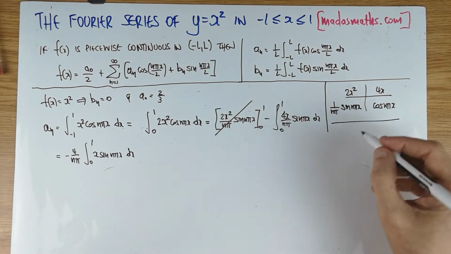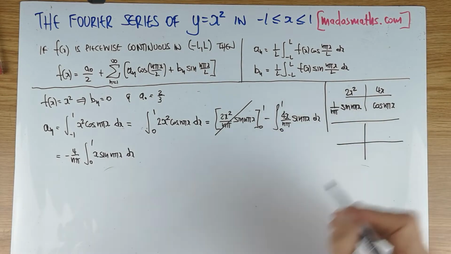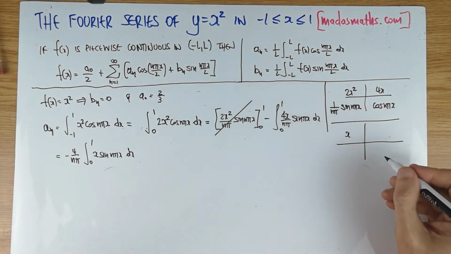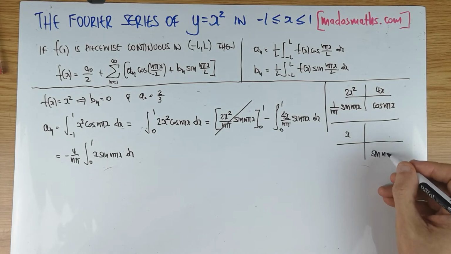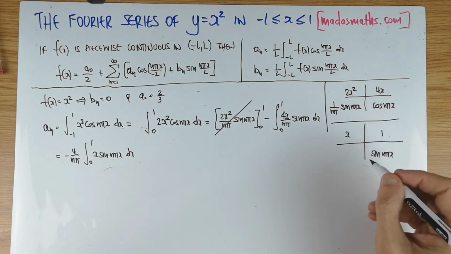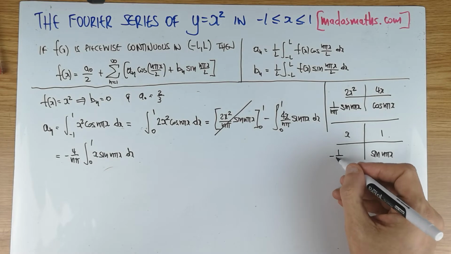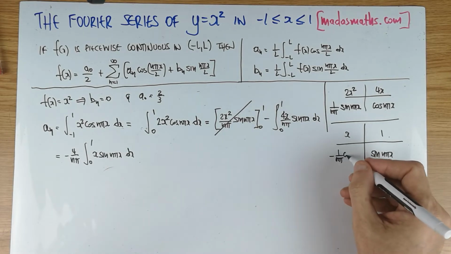Okay, another integration by parts. So x, sine of n pi x, 1, and this is now a minus 1 over n pi, and a cos of